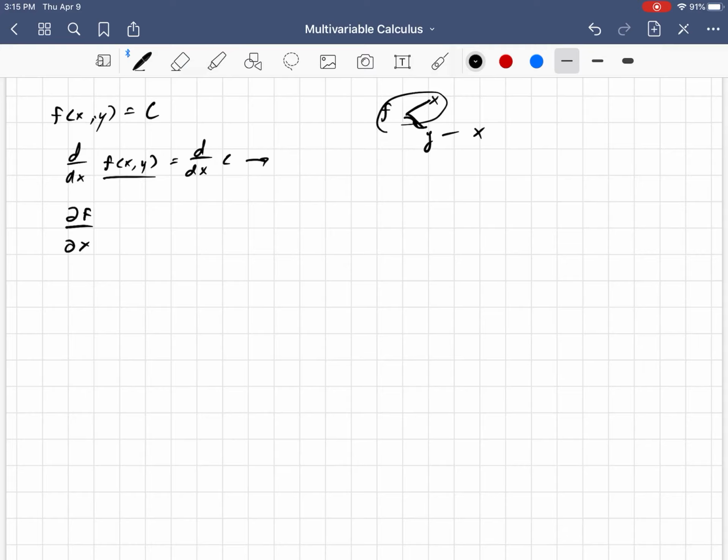So this derivative would be the partial of f with respect to x. That's this first bit here. Now, plus we add, because there's a new direction we could go. We could go from f to y. This is partial f with respect to y. And then as we go down the tree,